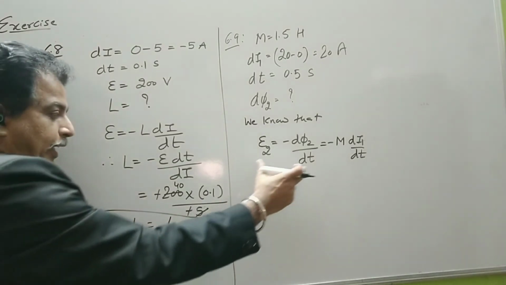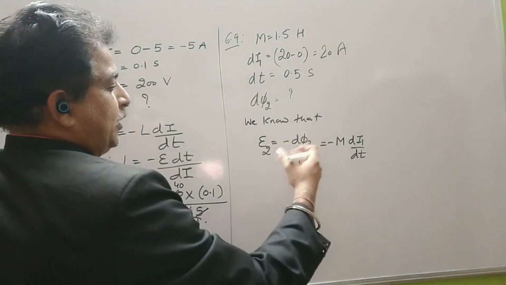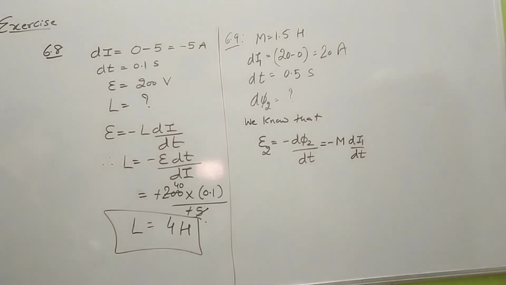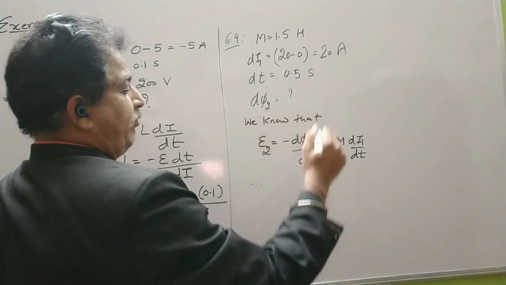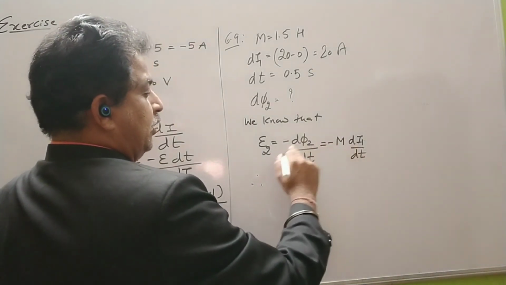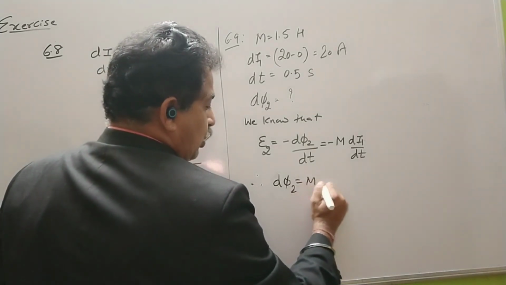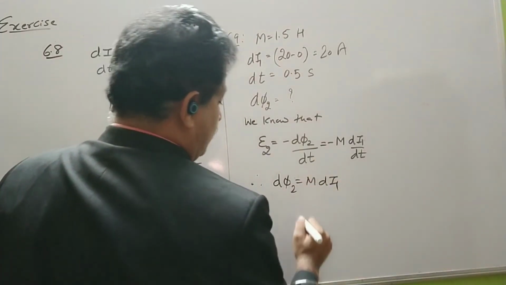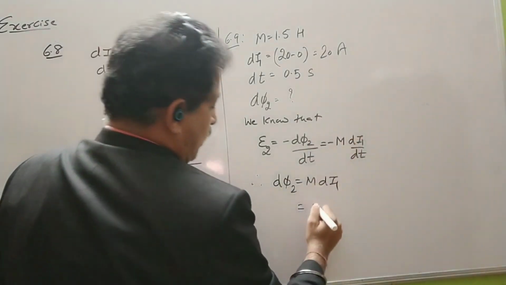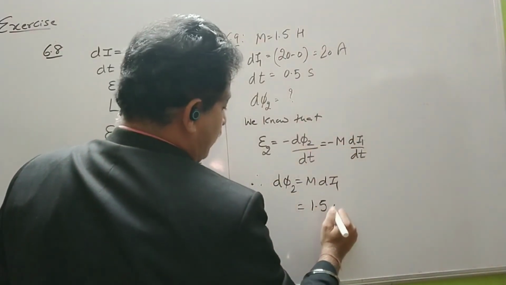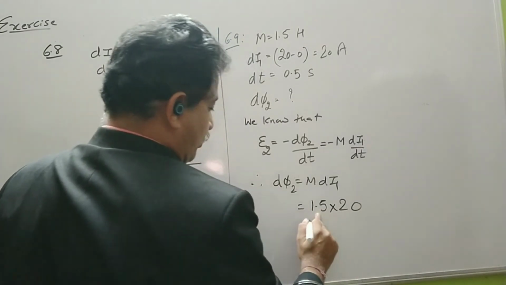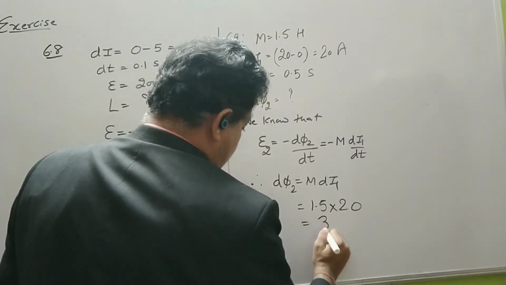The first part was Faraday's law, and using this combination we also found that the induced EMF is equal to minus M di by dt, and therefore we have to find out the change in flux. So minus minus gets cancelled, dt will get cancelled. So dφ2 is equal to M di1. So this is equal to mutual inductance, 1.5 into 20. So 1.5 into 2, that is 3